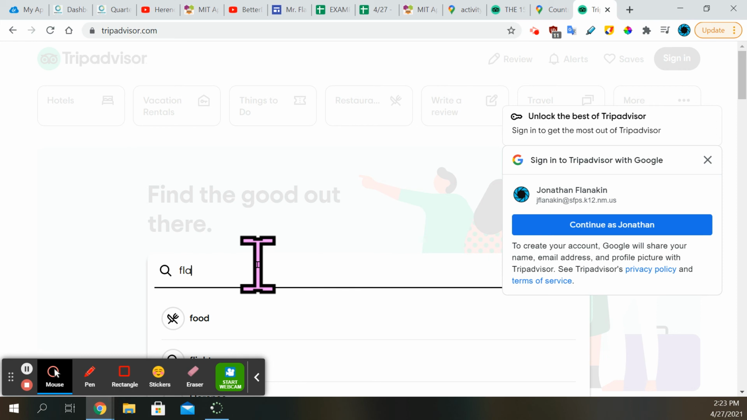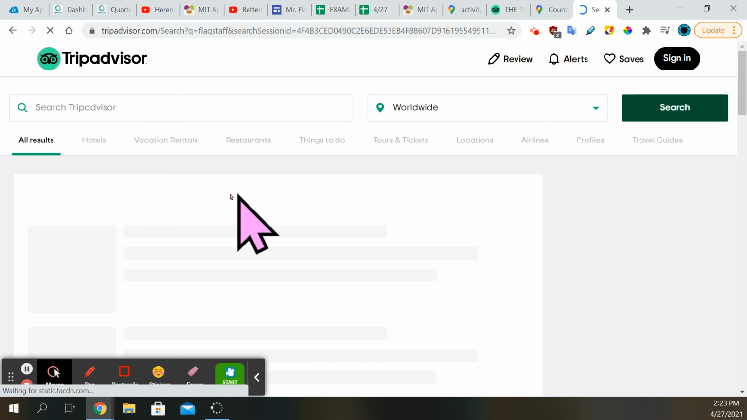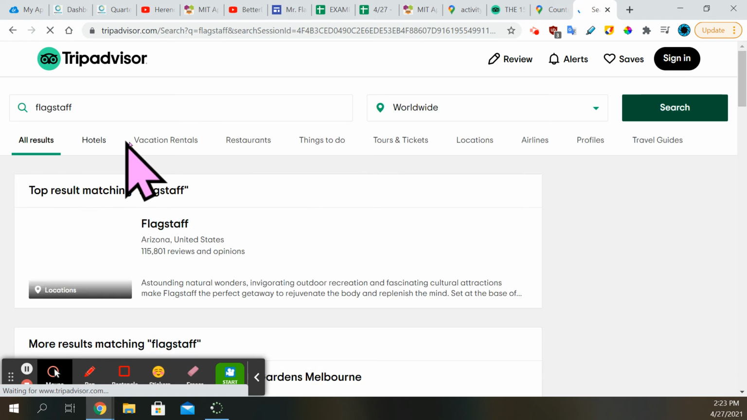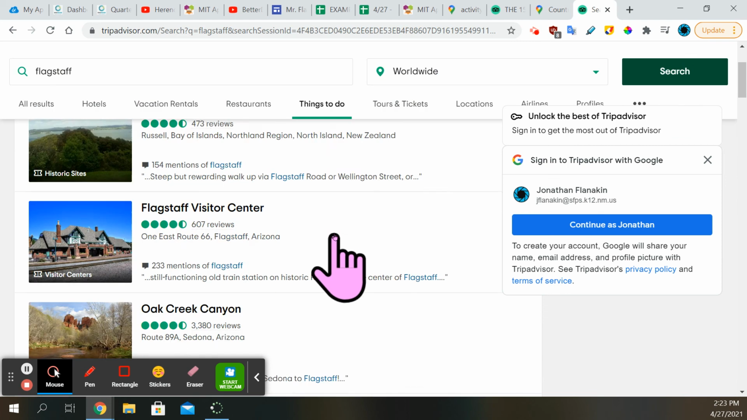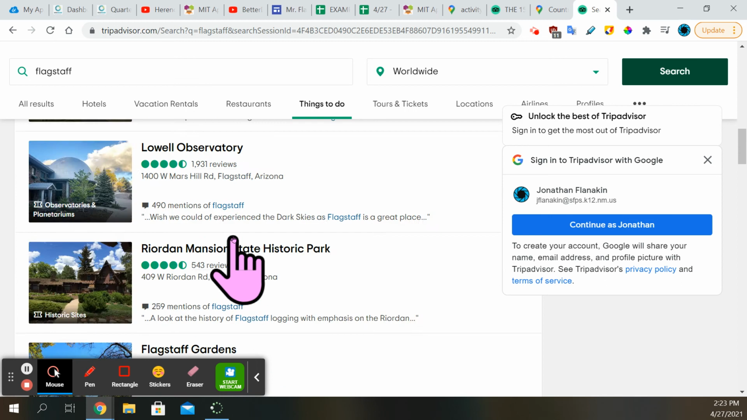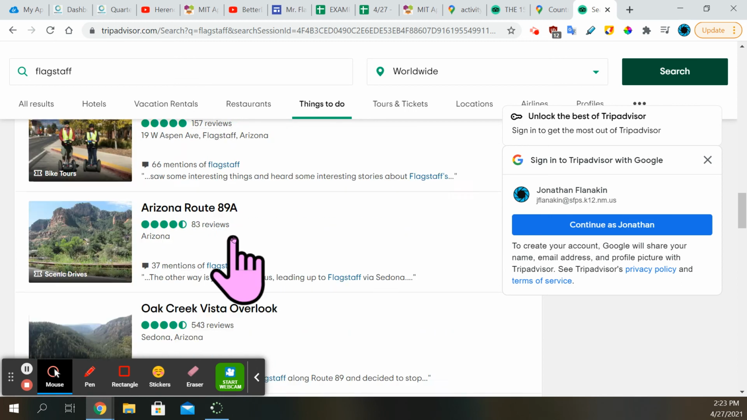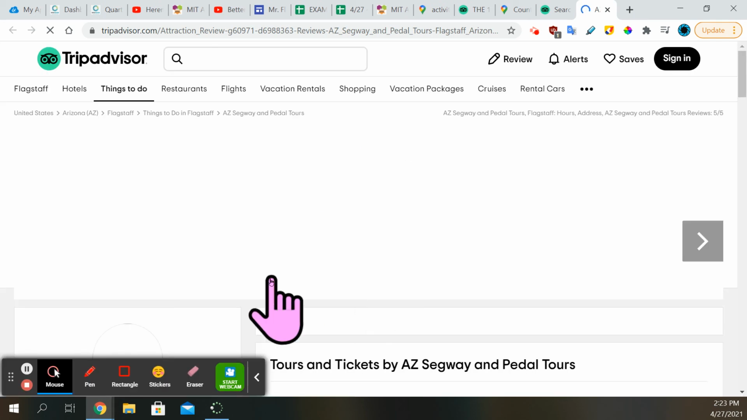Type it in. And you're just going to find some cool stuff to do in Flagstaff. So I'm going to go to things to do, and you're just going to find something, okay? Let's do, oh my gosh, let's do the Segway tour. That'll be hilarious. Okay. Click on it, see if you can find a